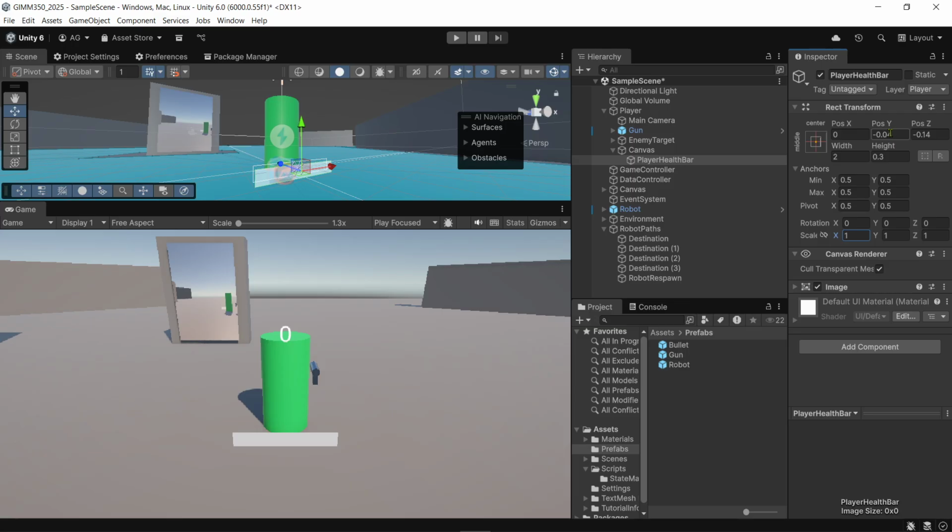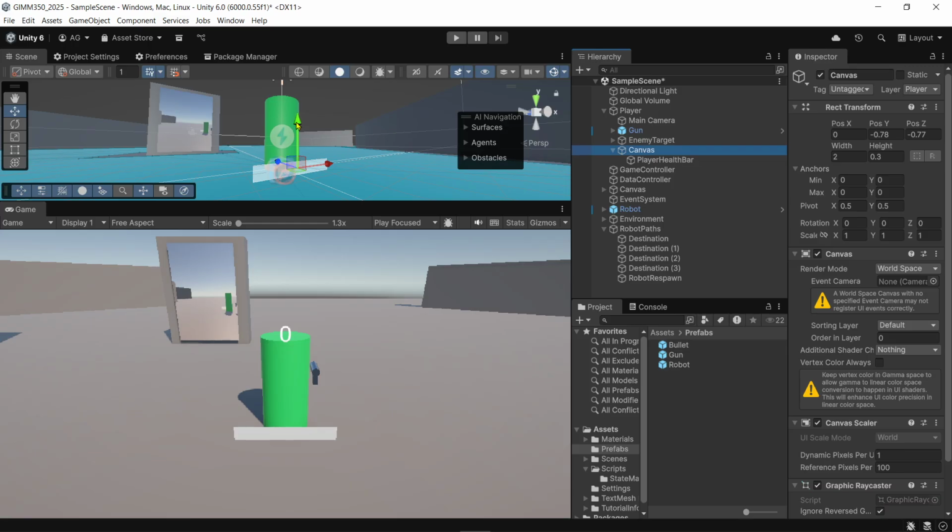And actually, I need to change. I want to change this to zeros and move the canvas back. Get it down where I want it to be. Move the canvas back. Okay. Perfect. So now we can go back to our player,